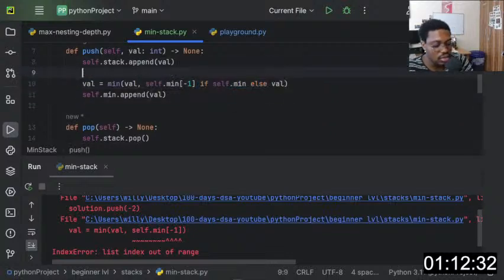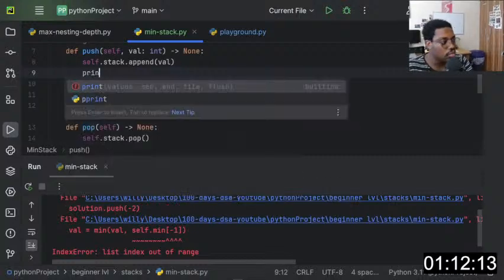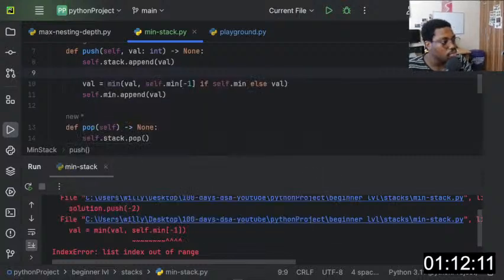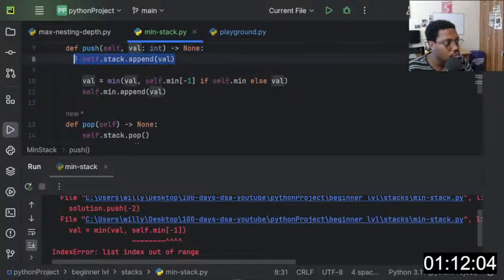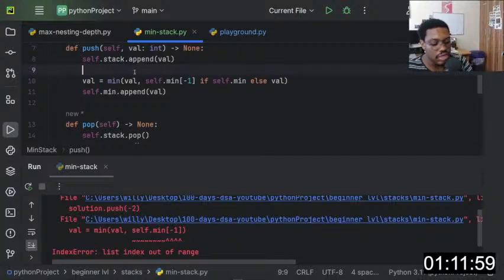So let's do it this way. I want to do it such that the item we are popping from the stack is the only item that matches the minimum item at the top of our main stack. So I'll say, append value here. Want to append this value, and then want to check